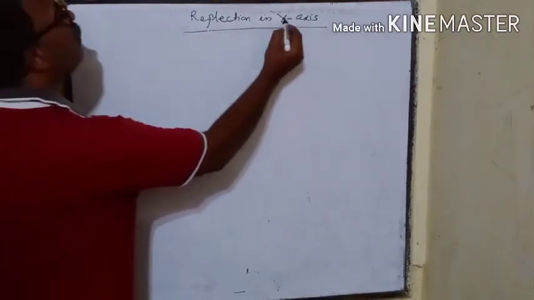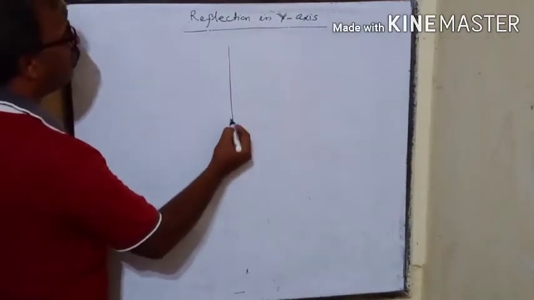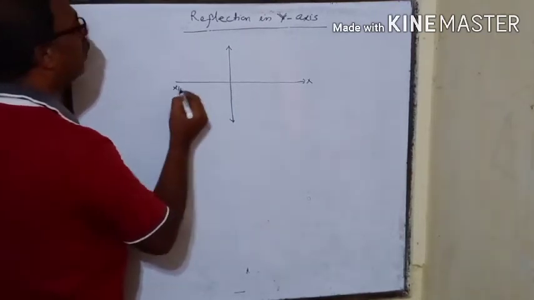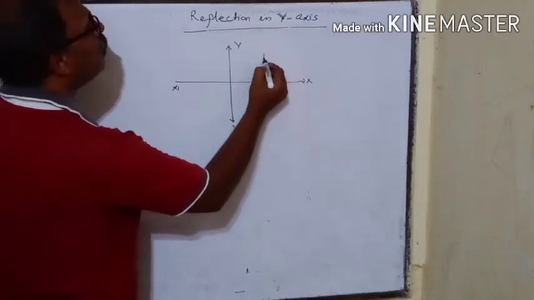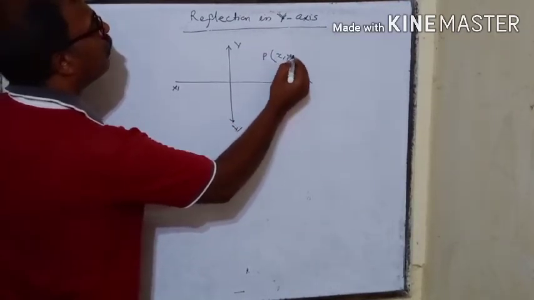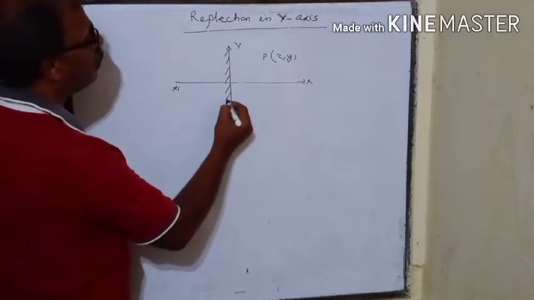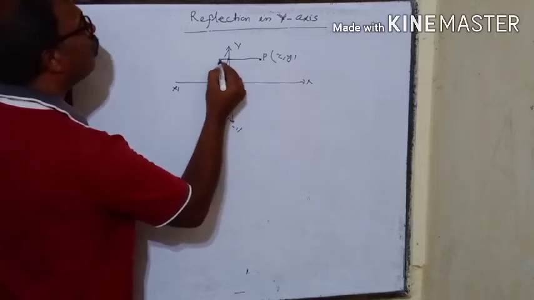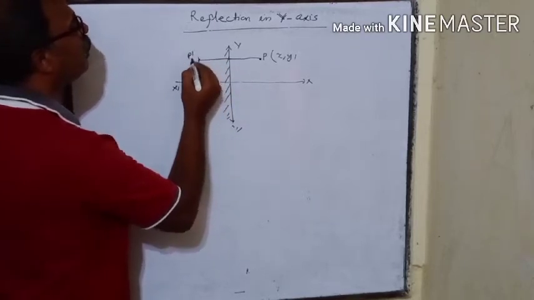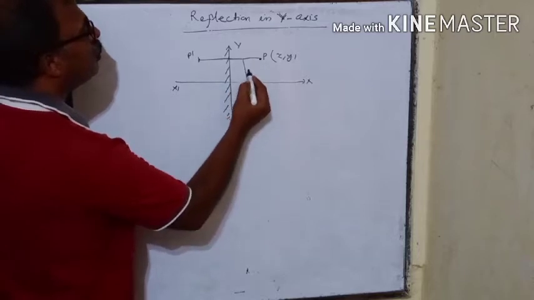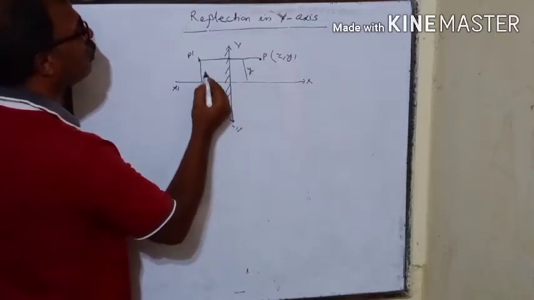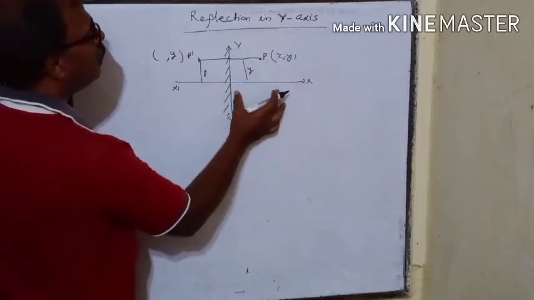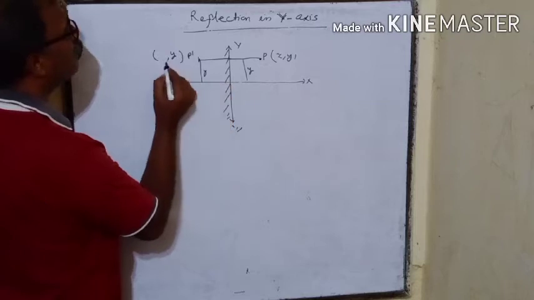So now let's read reflection in the y-axis. Again the same coordinate axis, x, x dash, y, y dash, the same point P is there, and we have to find its reflection in the y-axis. So the y-axis will behave as a mirror. How much is the image distance? It will be the same as the object distance. So this is P dash. What is happening? This distance is y, and this distance is y. It is not going to change. So the ordinate will remain the same, but on this side the x value is positive and on this side the x value is negative. So its coordinate will be minus x.